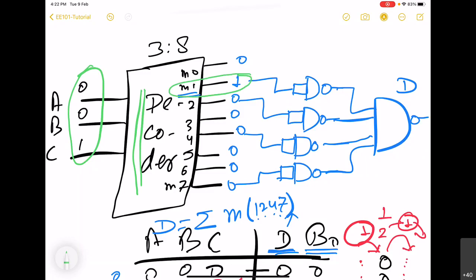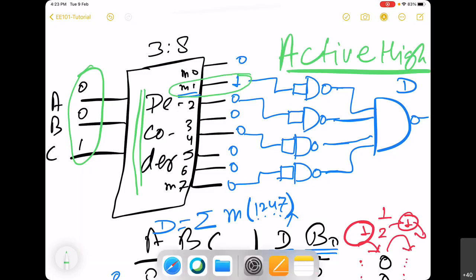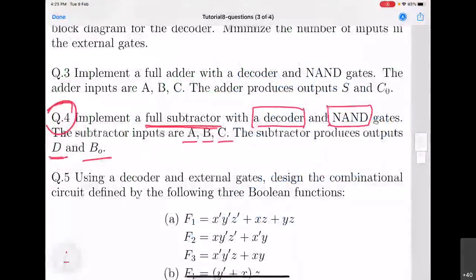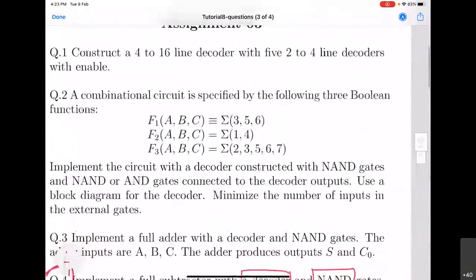Such outputs are called active high. That means the desirable output is high and the undesirable outputs are 0. This is the normal decoder. When we say just decoder, this is what we mean. So keep this fact in mind. Now let us move to the next question, which is question number 2.